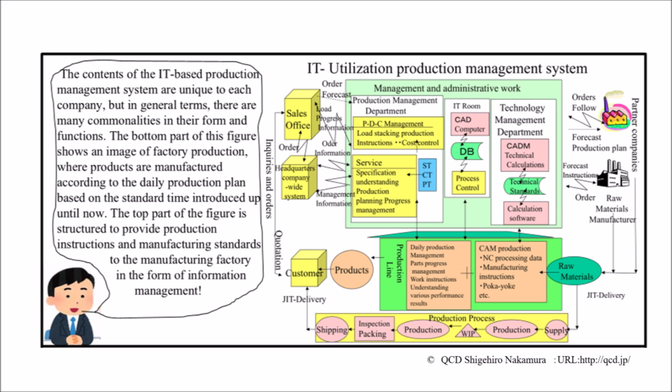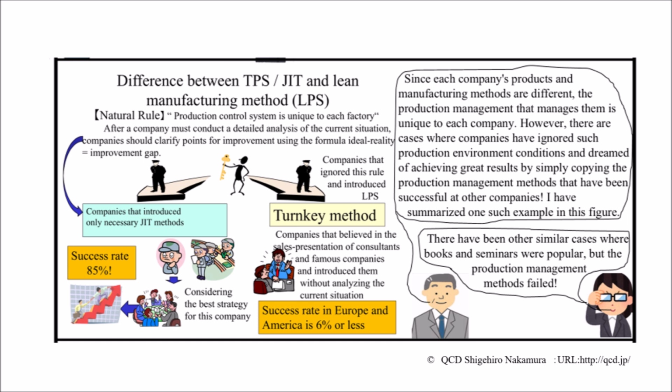It is important to note that each company has its own unique manufacturing methods and management, not to mention the products they manufacture. This is a very obvious requirement. However, in the industrial world, there have been cases where companies have ignored the obvious fact that production management is unique to each company and tried to imitate methods that have become popular in the industrial world, such as JIT, and failed. This is a form of abandoning business management, which is production management, but in addition to the lean production method shown in this figure, this picture book introduces many other examples of failed introductions,